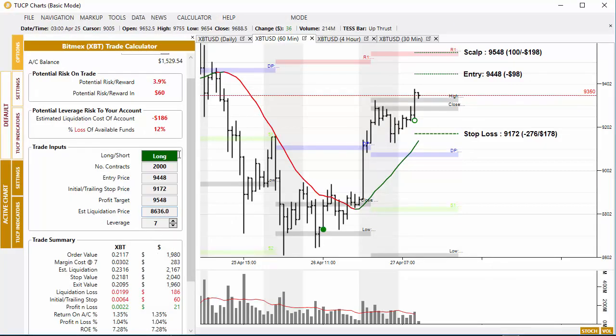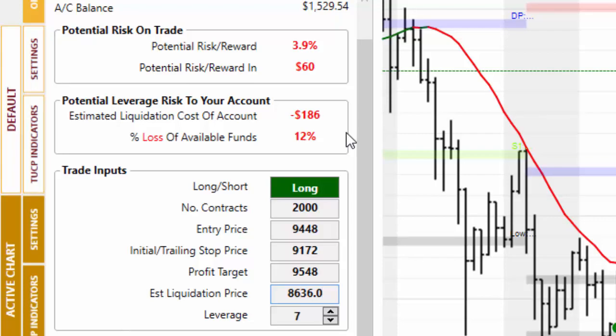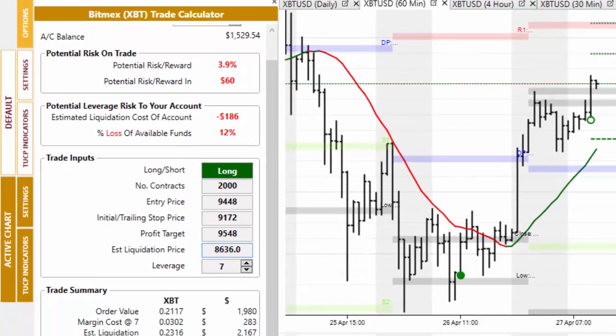So that is the correct figure, but it gives you an indication here of why you should never let the Bitmex platform take you out of a trade by using the liquidation figure. And as I said earlier, really you won't need to use this, but it is very interesting to see how it impacts your account. This is the downside in any trading, if you don't have your own protective stopping